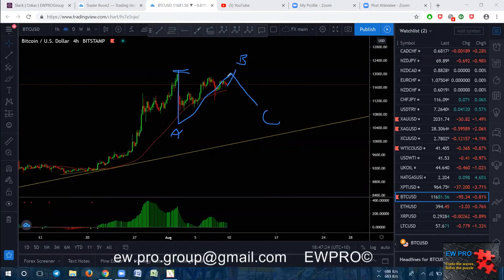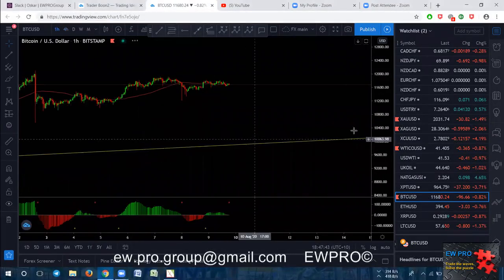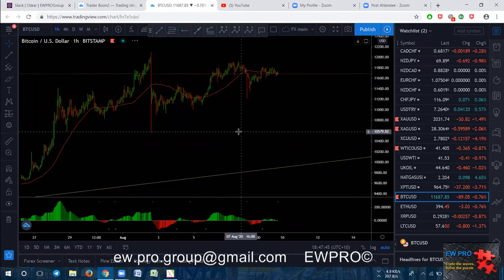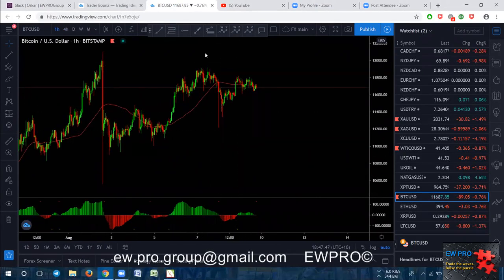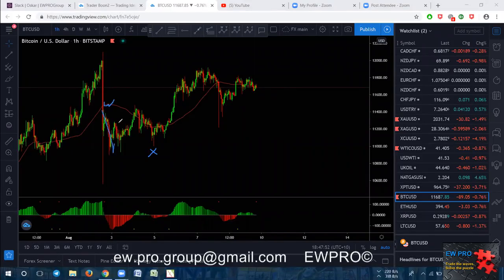But I'm expecting, on the lower time frame, when I go down to the H1, you'll see that I'm expecting a little leg up here for the B wave to finish off that B wave, then get the C down. So this can be a running or expanding flat for more upside. If we go down on the H1, we can see here we got W in here, X, here's your correction, A, B, C in the B wave, and then you get the C down, so you get the A, B, C,